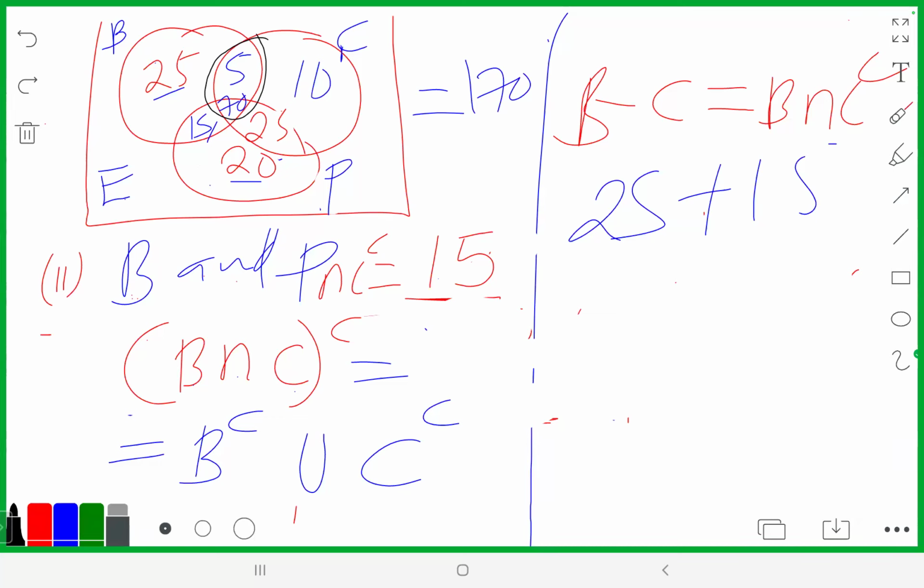25, 15, 25, 10, and 20. What is not in B? And what is not in C? The not in intersection B only, or